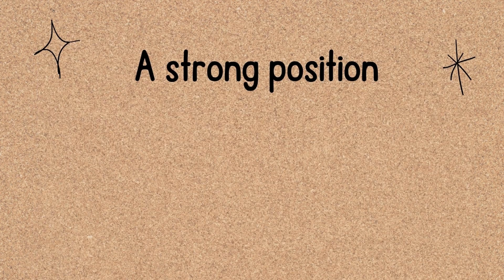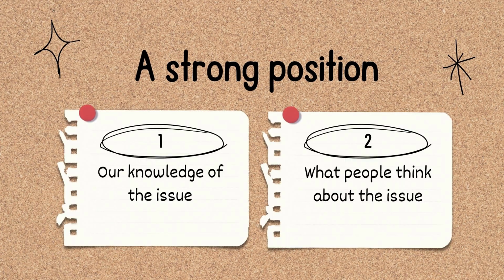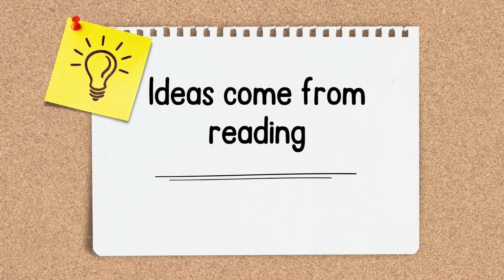The essay which we intend to write must take a clear position on the issue that we are discussing. That position is determined by 1. Our knowledge of the issue, and 2. What other people think about it. Before we start writing the thesis statement, we should have read enough materials about the issue we want to discuss. That is why in our groups, we need to have assigned each member a theme to carry out research on and report to the group. By the time we are writing a thesis statement, we have learned enough about the issue,